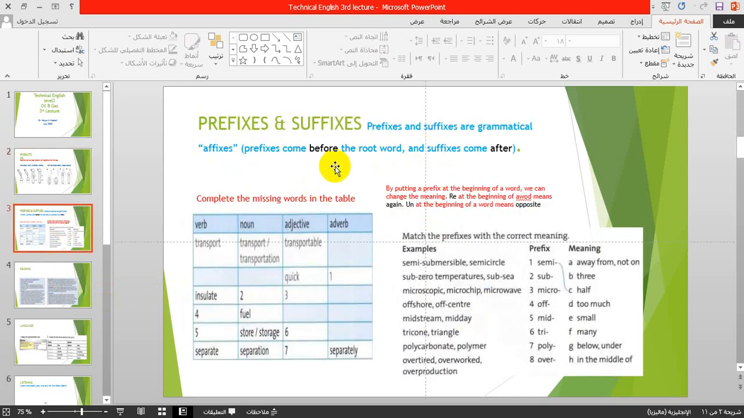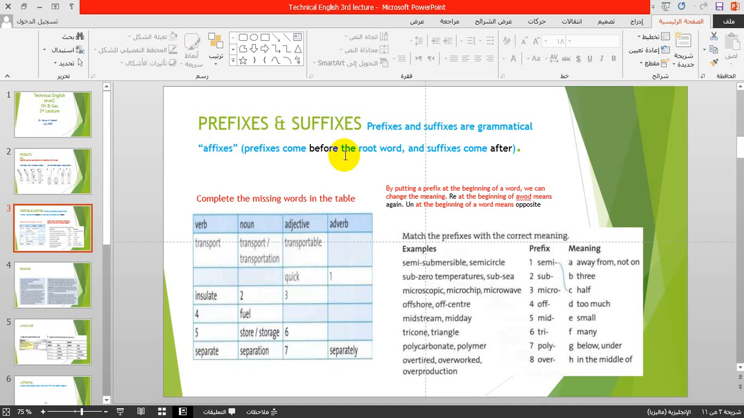Let's go to second slide. Prefixes and suffixes. These are grammatical terms, which means prefix and suffix: a group of letters that come at the beginning of the word and change its meaning or even the class of the word, from verb to adjective, from adjective to verb. Class maintaining and class changing. Suffixes come at the end of the word. Look, for example, at the word